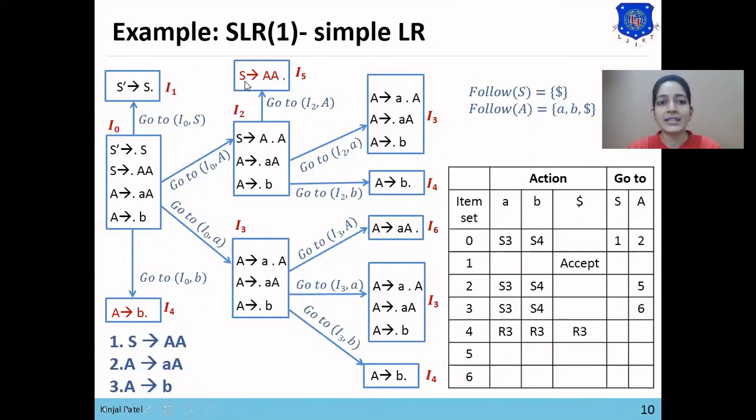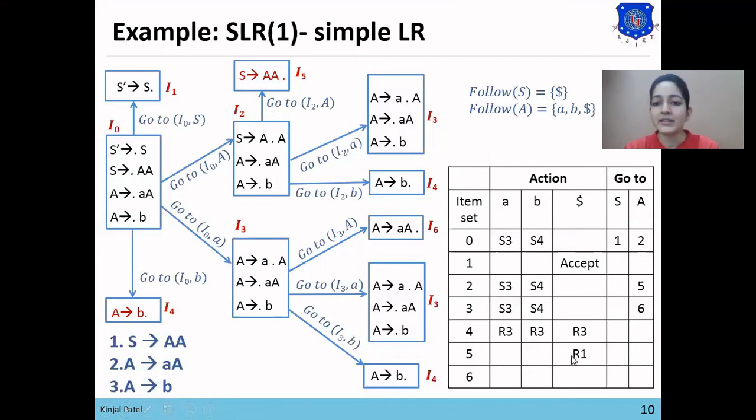For that we'll check the follow of S. Follow of S is dollar, so the R1 entry will be made in dollar only. So in state number 5, from 5 to dollar, R1 will be placed.